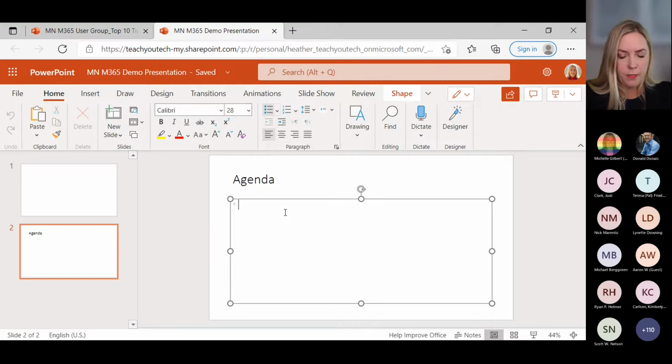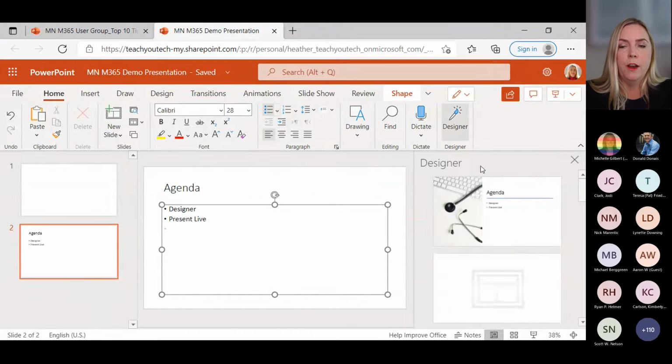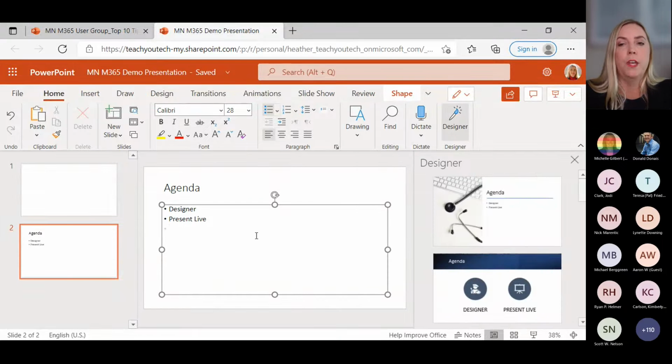So if some of my agenda topics are going to be something like Designer and Presenter Live. Well, actually, let me just do this. We'll just do Present Live as a shortcut. As you're going through this, what you should see happen is with this Designer over here, it's going to start generating some ideas for you. Now, it might take a few tries of you putting some things in here for it to kind of pick up on what it needs to do with this slide. So let me do one more entry and see if we can get it to pick up on this for us. So let's say that we're also going to do